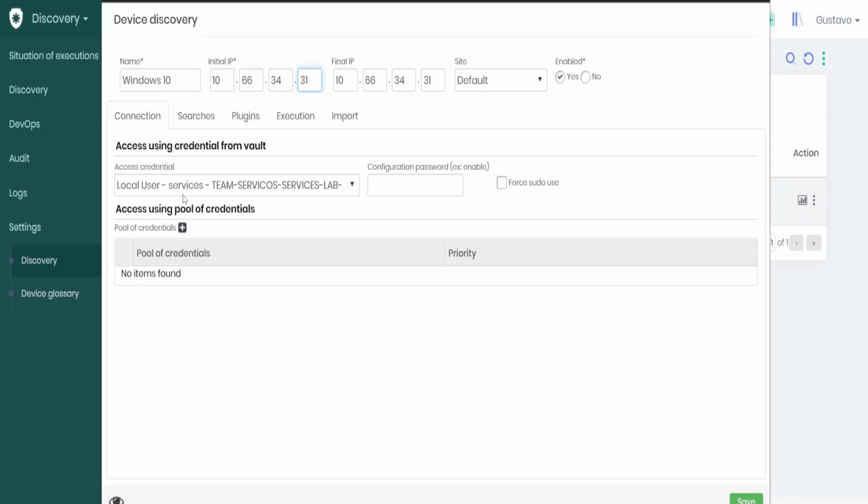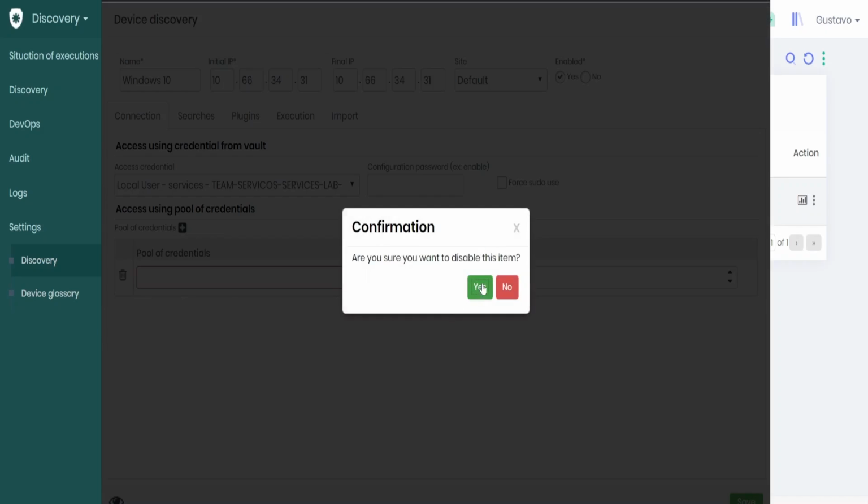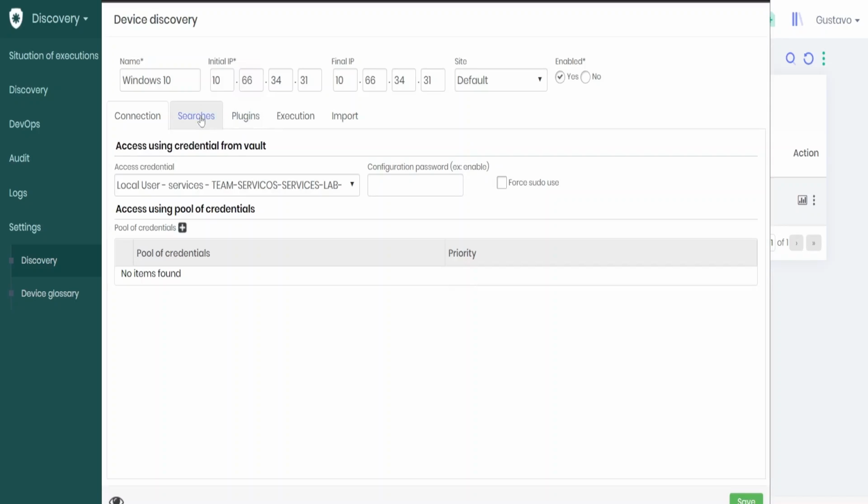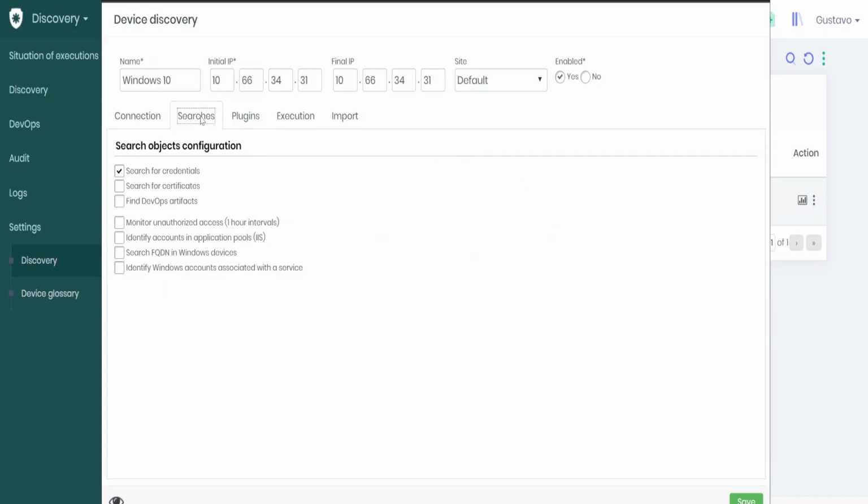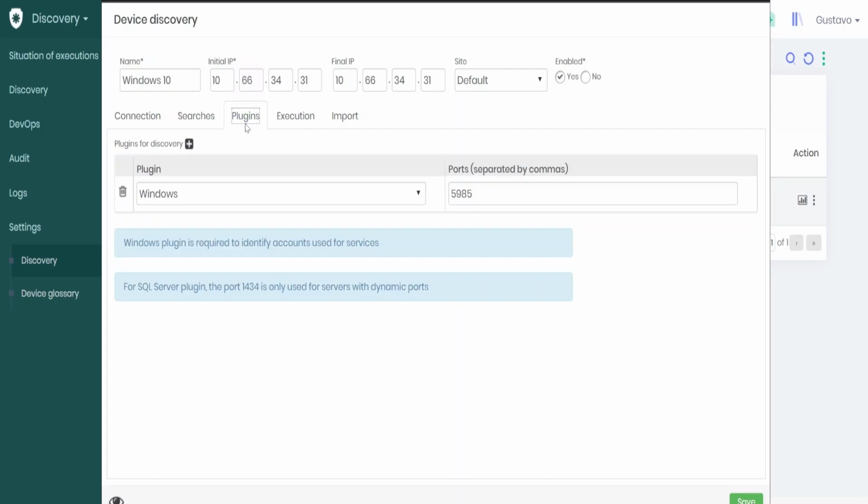You can either add a specific credential or create a pool of credentials through PAM, that is, a group of credentials to be used in the authentication process. I won't be doing it this time, so if we move on to the second tab named Searches, you can choose to search for credentials only, though there are other options for you to explore in your scan settings.